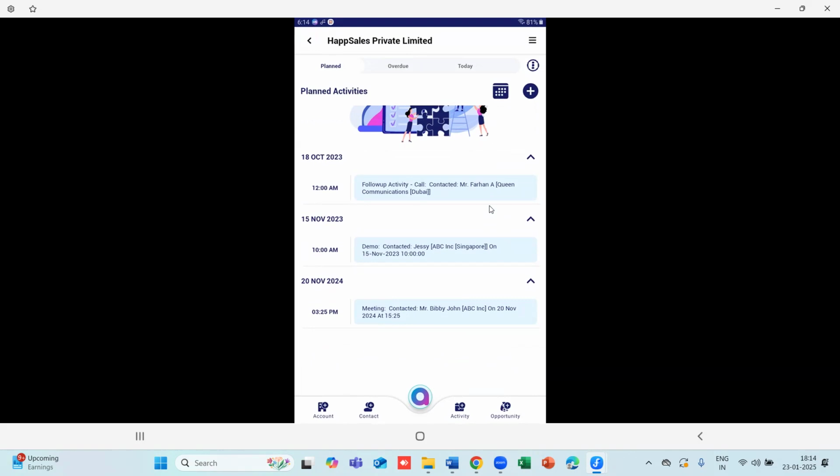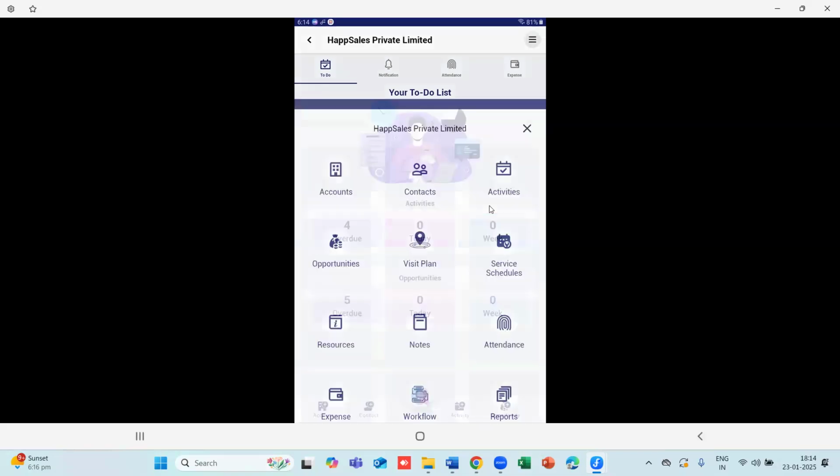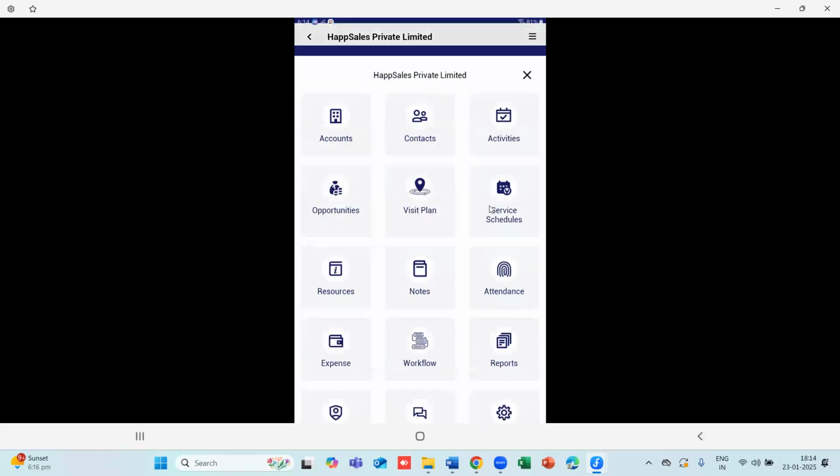Now, there is a prerequisite for this to work. Every account needs to have a GPS coordinate mapped to it. So what we recommend is whenever you are at that customer location and when you are on this new account creation screen, what one can do is